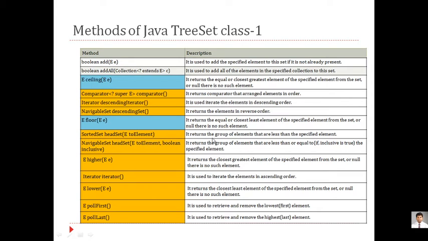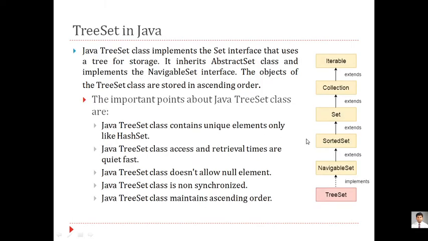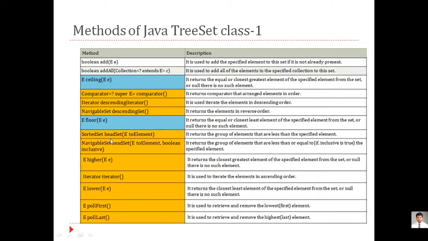And what will it return? The group of elements that are less than a specific element. So it will provide the elements which are lower than the given value of this element. Now this sorted set is a parent of your tree set. By default, it has some functionality. So sorted set contains one function called hash set, and hash set will get the elements which are less than the specified element.